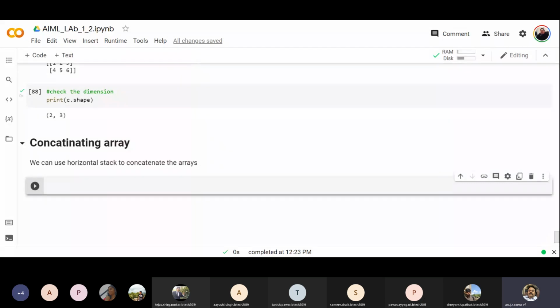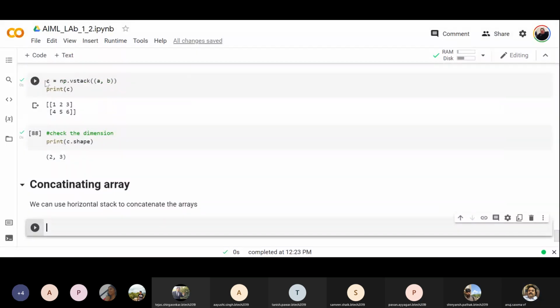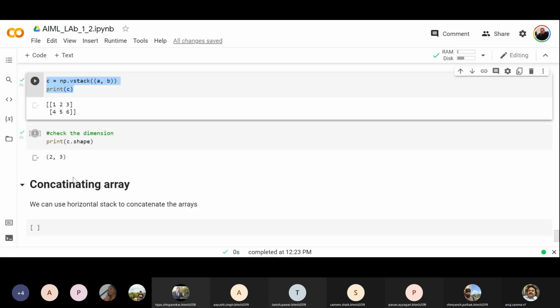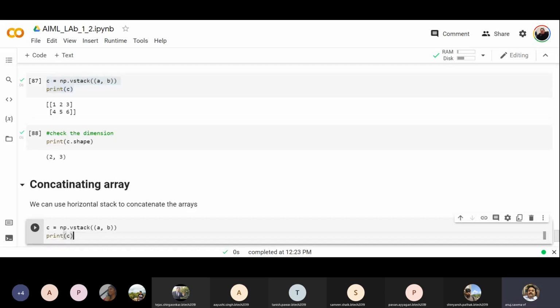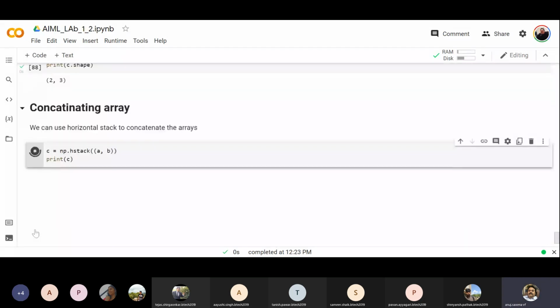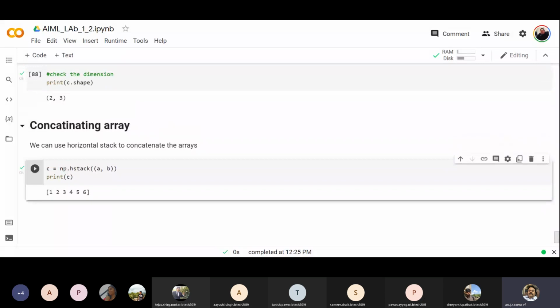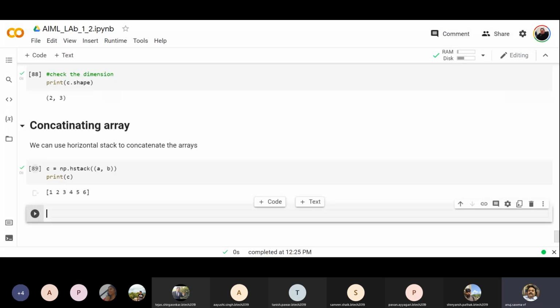We used V stack earlier, now we'll be using H stack. Vertical concatenation and horizontal concatenation. If I do horizontal concatenation, it will be in one row only, and I can print